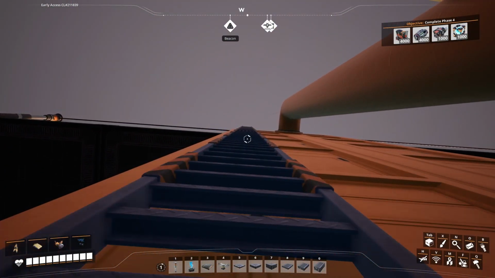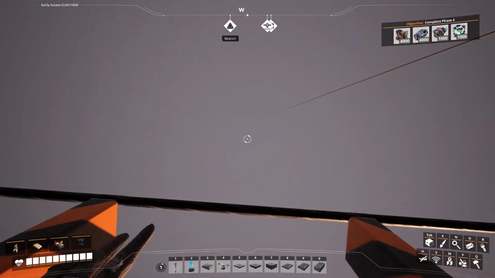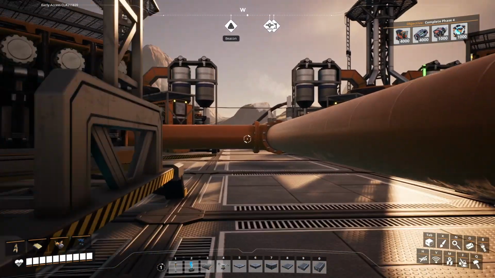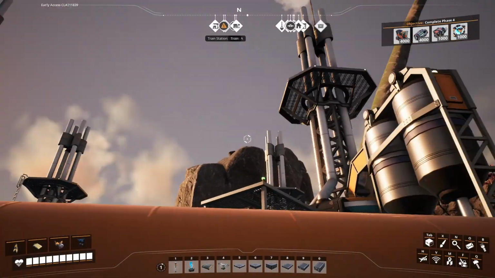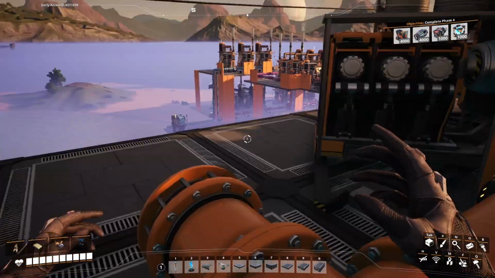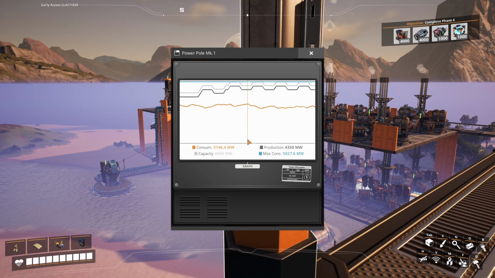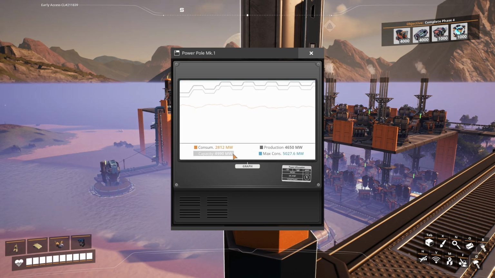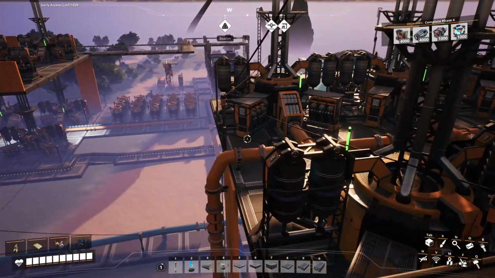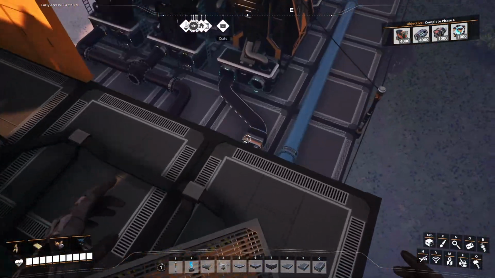So let's have a look, see how we're doing at the top. Okay, things are running. All of these are now generating power. Excellent stuff. So, we're still about 300 off of maximum consumption, but that's a lot better. That's a lot better. Good, good, good, good, good. Right. And if we come back down here...